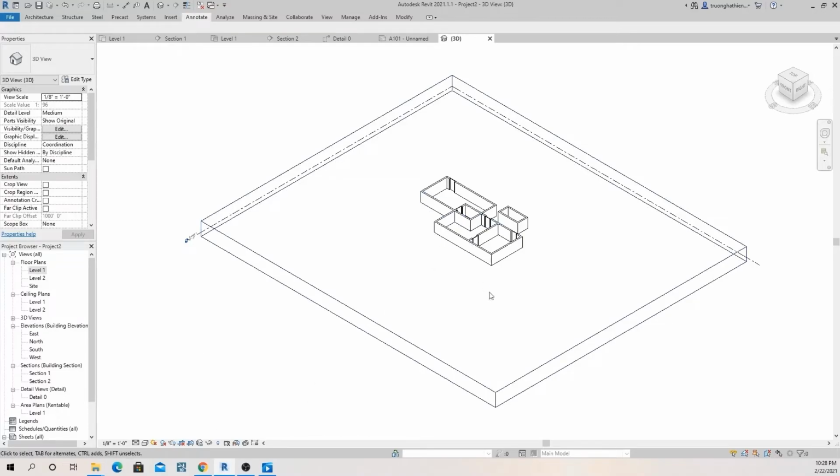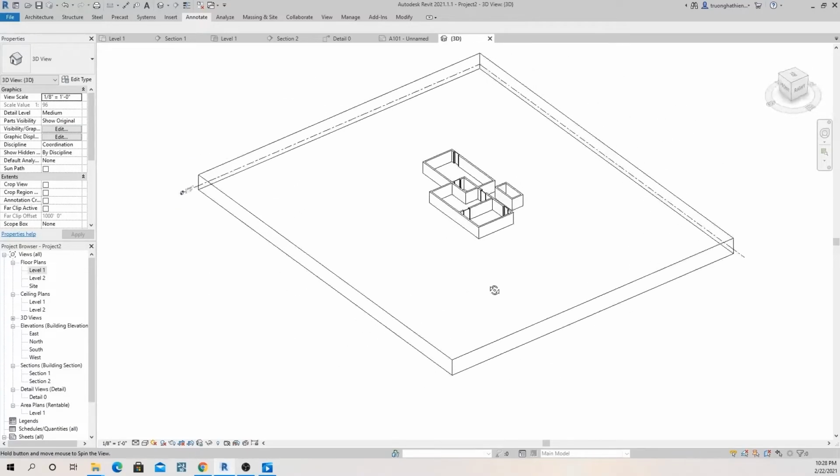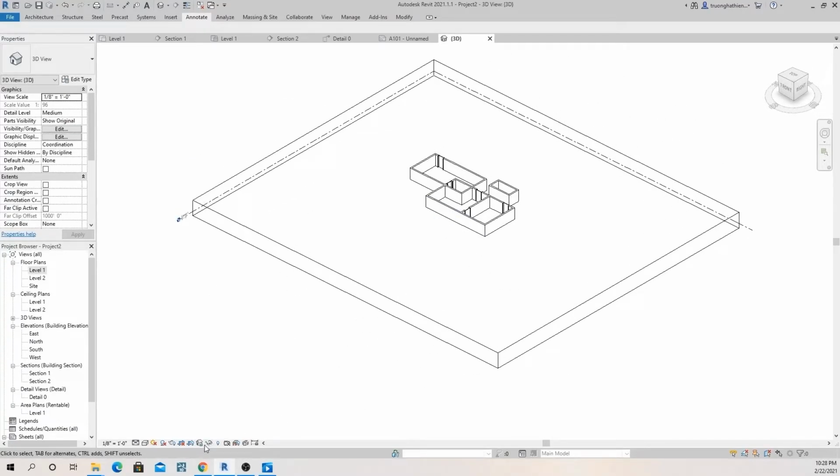Okay, if you don't want to apply the section box, you can click off the box. After you choose the view you want, you can click on the house icon and name the view you want to keep,